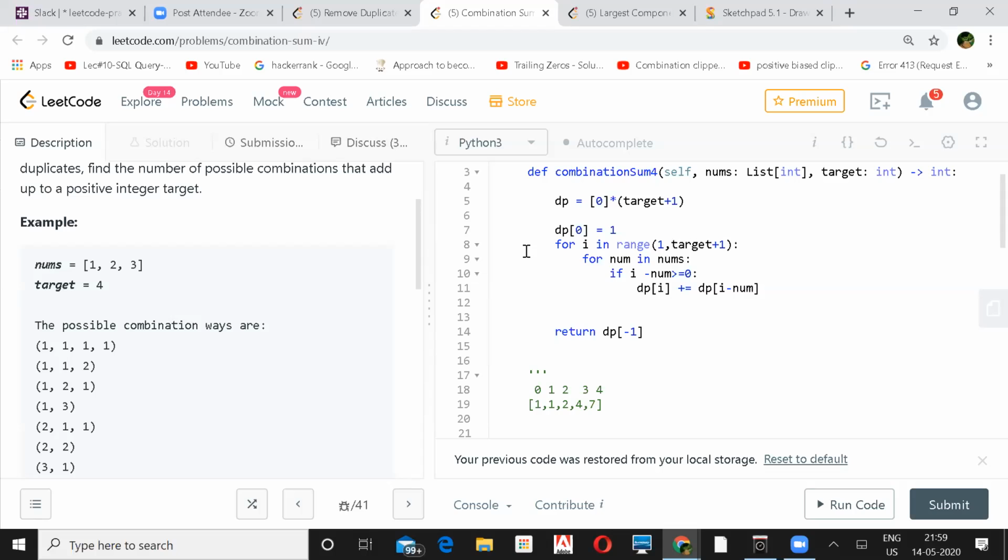For sum, for target and n, it is based on sum comma n minus 1 and sum minus that new element, n minus 1, and again the j itself.